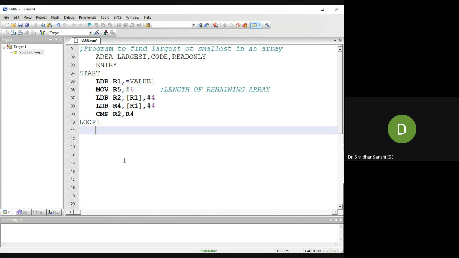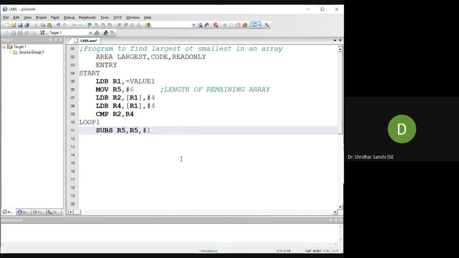So what I will do, I will subtract from the R5 value, since I have compared with one element. So I will get the remaining 4 elements, right? SUB R5 comma #1.